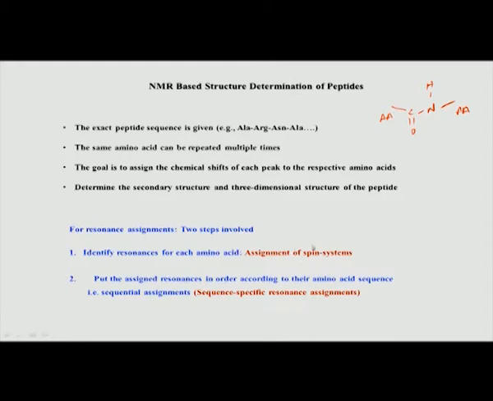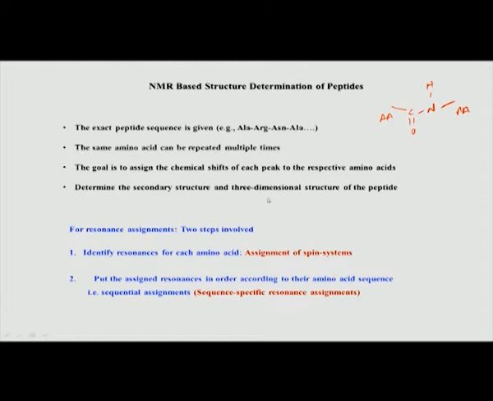Okay. So, if you recollect in the last class, we saw the HSQC TOCSY experiment, where we saw that the valine spin system has a set of spins connected to each other in a TOCSY. Similarly, leucine had another set of peaks connected to each other. So, we could differentiate, separate or distinguish valine from leucine spin system by TOCSY. The same thing has to be done in this case.